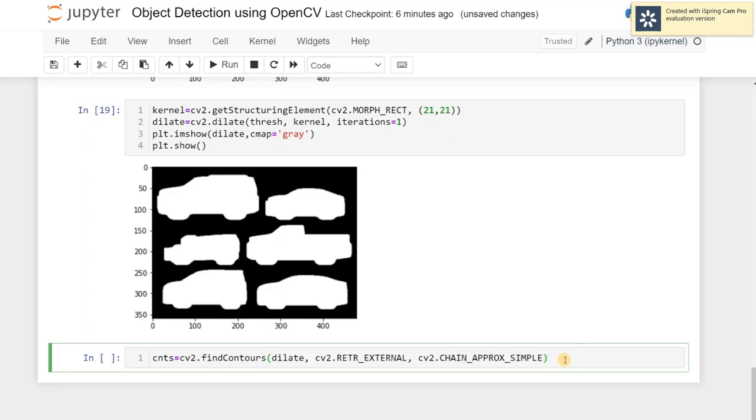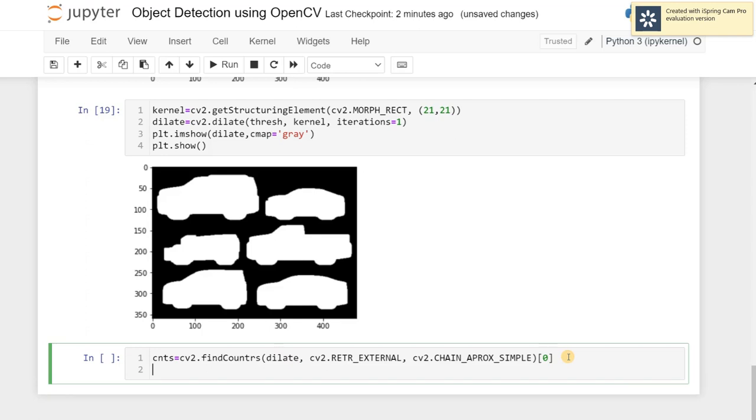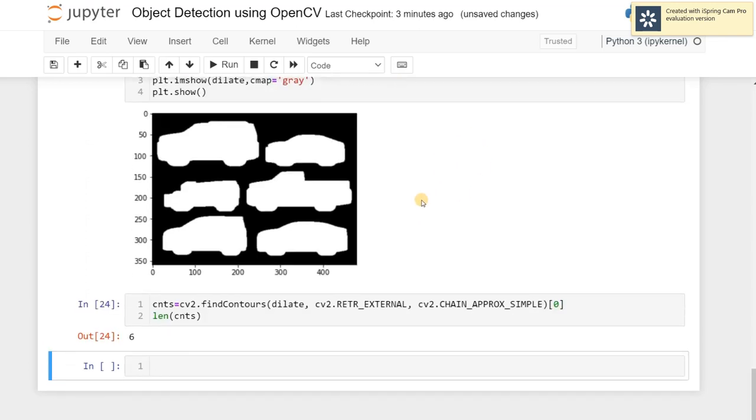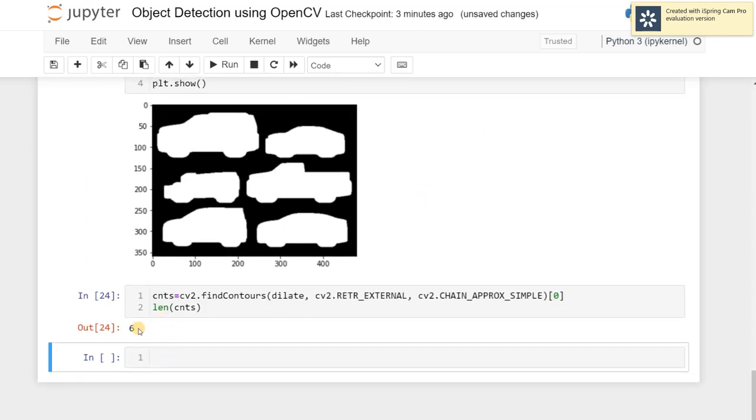We wanted to get only 6 contours of this image. As findContours returns two parameters, we need to set index 0 here because we want the first parameter, and then we can check the length of contours, or you can say the length of objects. Now we can see that there are a total of 6 contours. It means it is giving us the 6